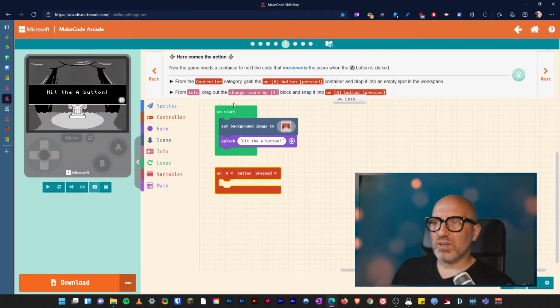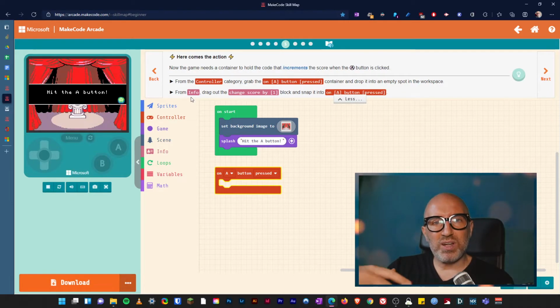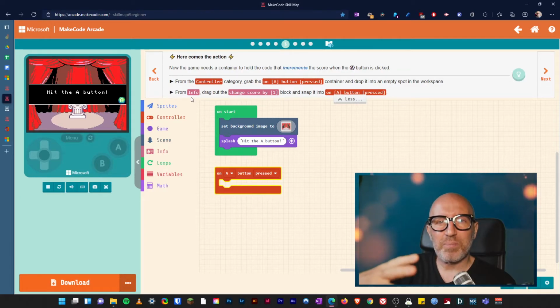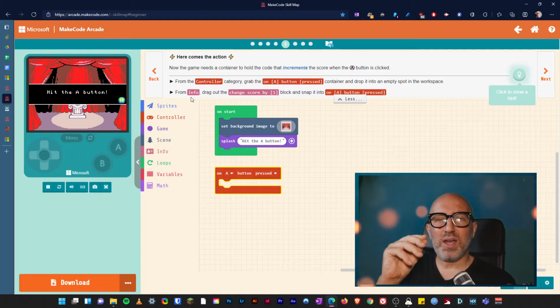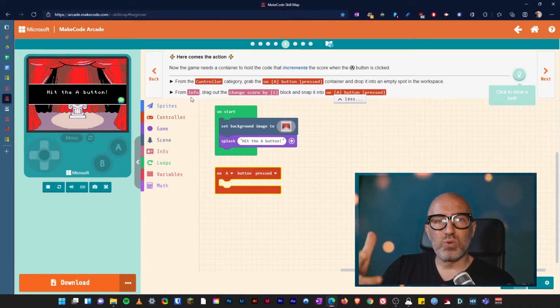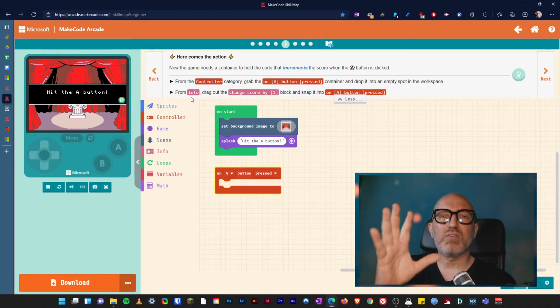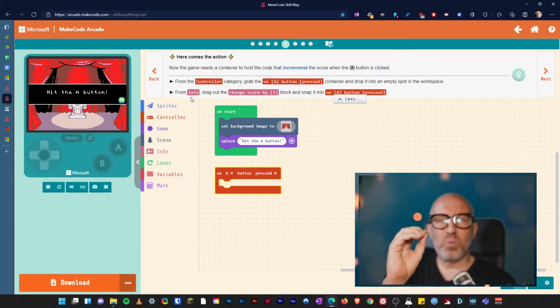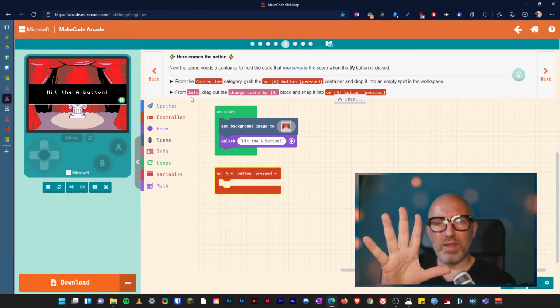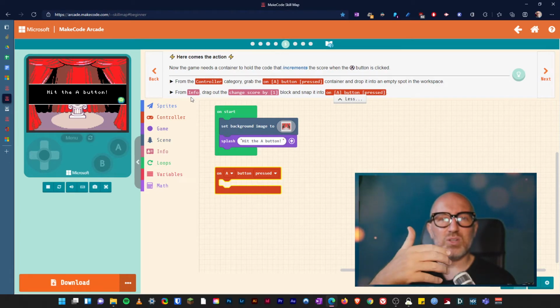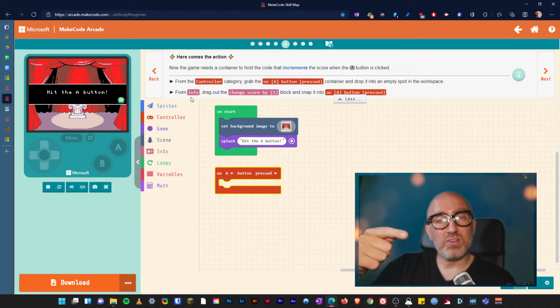Go and grab the A button, and this one now it's bringing us into the actual game mechanics. And what I mean by game mechanics is a game mechanic is where you as a player are able to get a reward for something, and that reward will then trigger something else. So let's say a reward is you collect 5 stars in a game. Once you've got that 5th star, you can then get a new life. So that is a mechanic. So you get 5 stars, you get a new life. Okay,